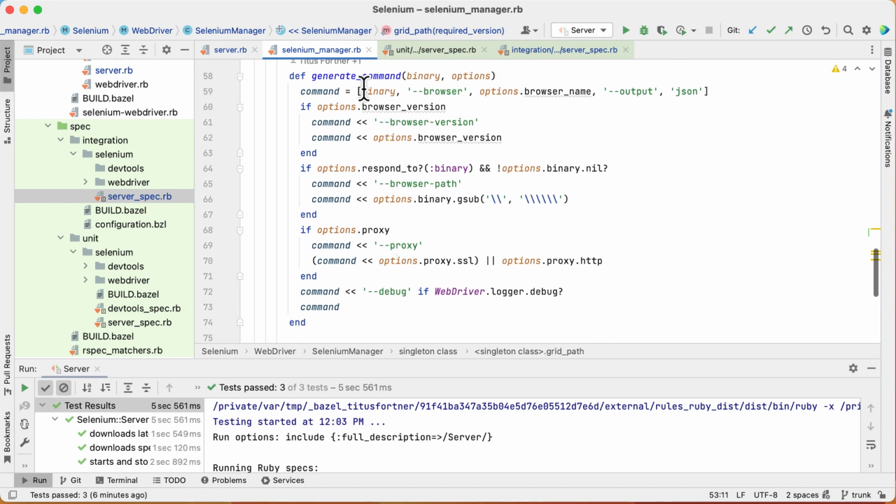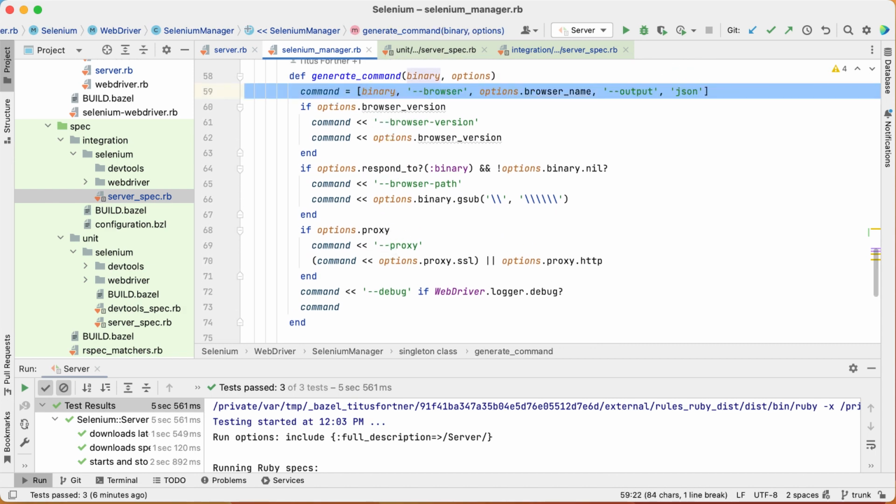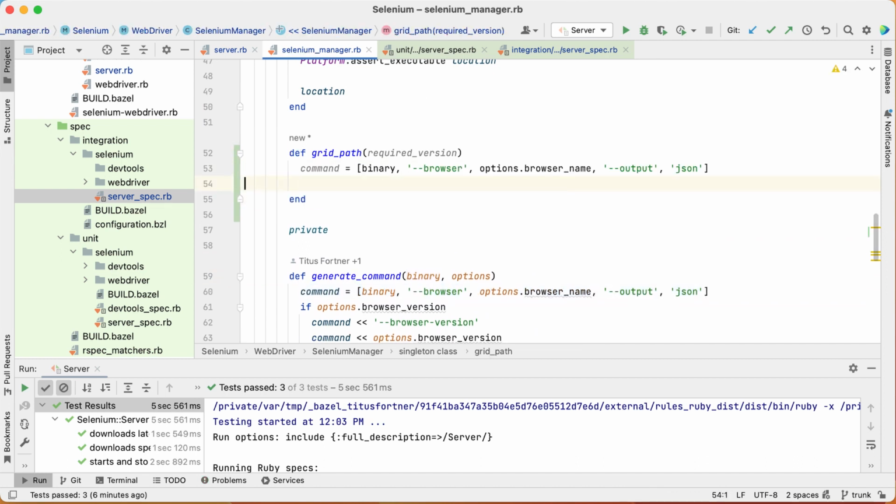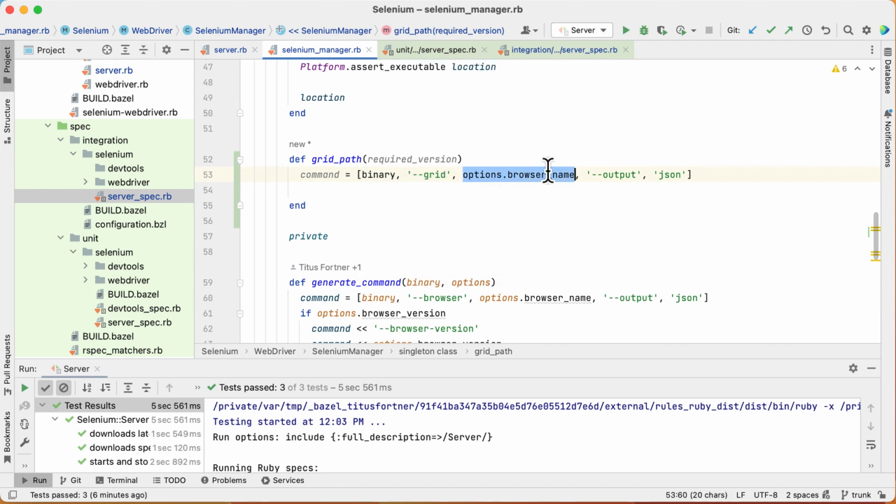so the command starts out binary browser. I'm just going to grab this and put this here for now. Oops. So the command that we want to execute is binary. It's the same, right? When you get Selenium Manager, but it's not browser, it's grid. And then we might have a version here, we might not. And so that's optional. So I think what we need to do here,